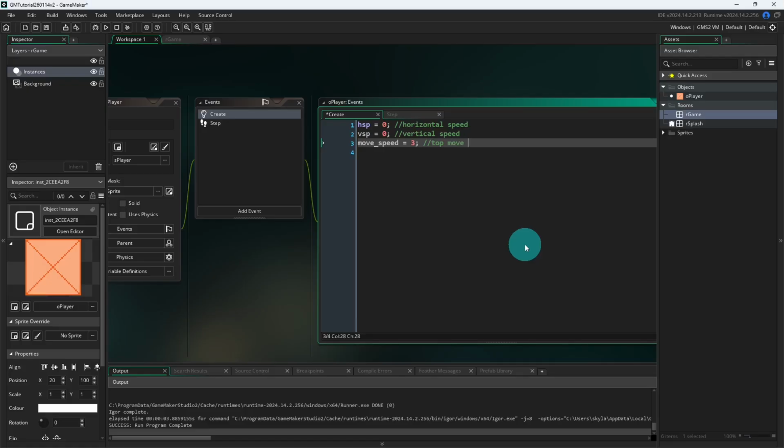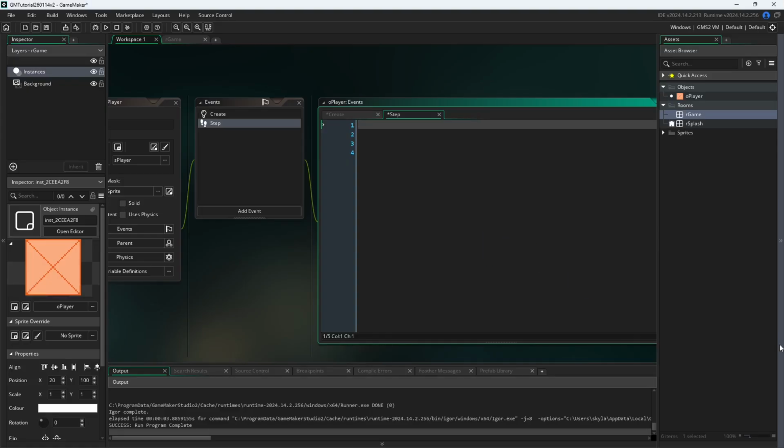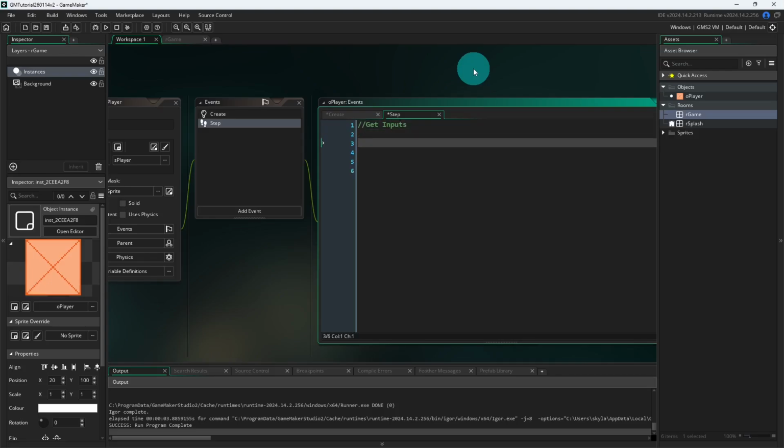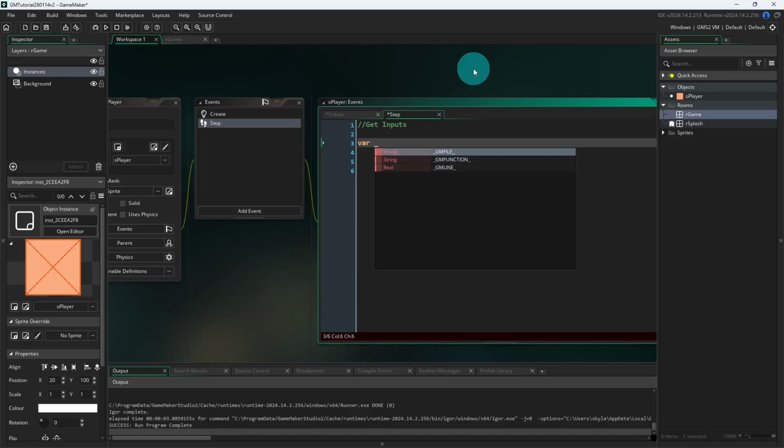This is going to be my top move speed. I guess here a better comment would be current horizontal speed, current vertical speed, and then this is our top move speed, or our maximum move speed. Now in the step event, I'm just going to delete that, and I'm going to write some code. So first I'm going to add a comment and write get inputs, and write var _key_left equals keyboard_check(vk_left);